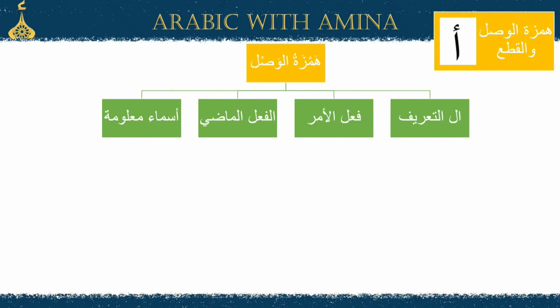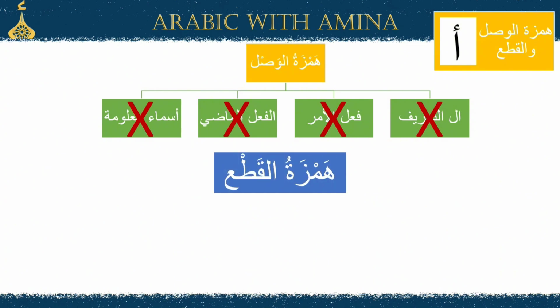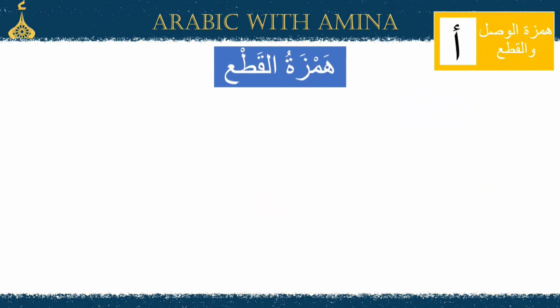Now, let's move to Hamzat al-Qaṭ. When the word doesn't fall into one of the 4 cases of Hamzat al-Waṣl, that means it's Hamzat al-Qaṭ. Hamzat al-Qaṭ has the Hamza clearly written on the Alif, as you can see here. To talk more about Hamzat al-Qaṭ,